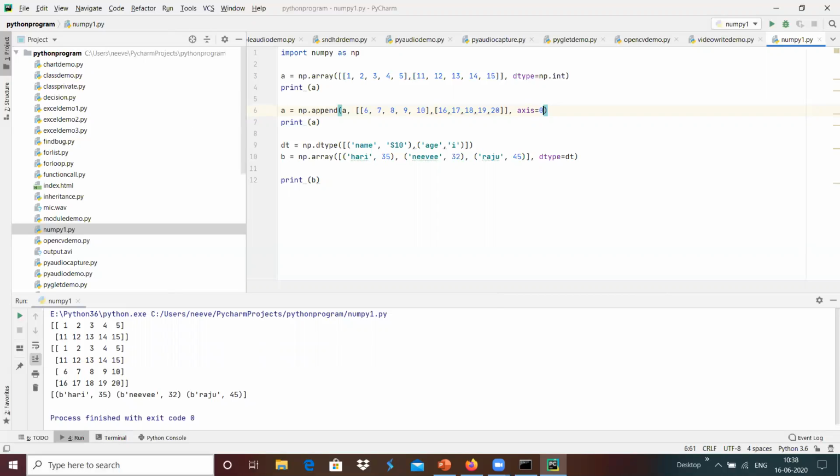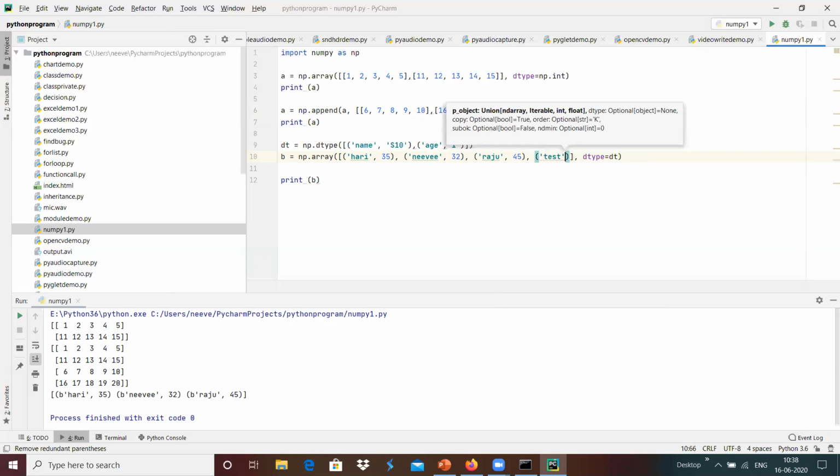Basically numpy is the one which is used to manipulate multi-dimensional array values. For example, suppose we have an array over here, and I'm going to create one more element, test, and we wanted to put something like 54 over here.